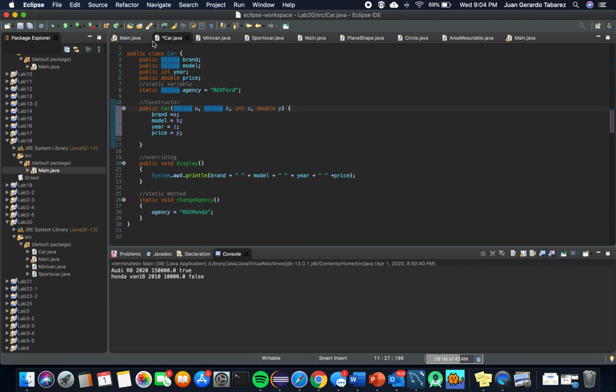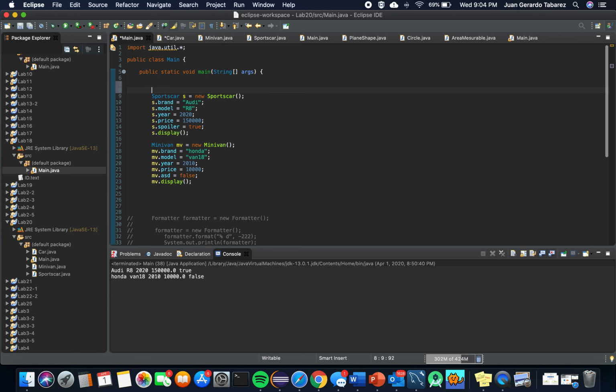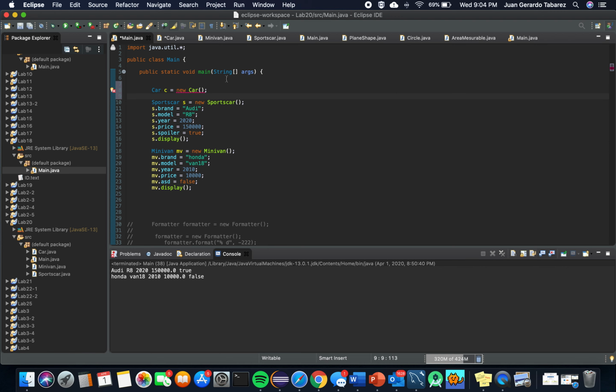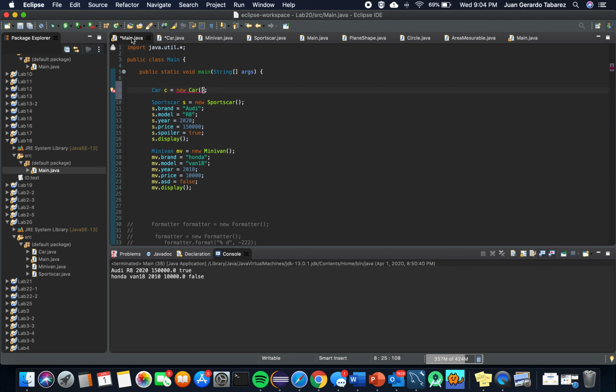So we could create a car object. In this case, let's create one. Car, let's call it C, new Car. So this is the default constructor, right? But we could add this constructor with these parameters. So it's got a string, integer, and double. String,